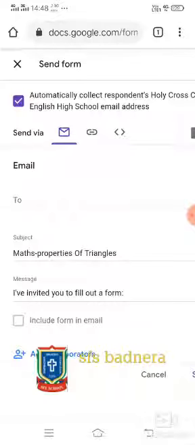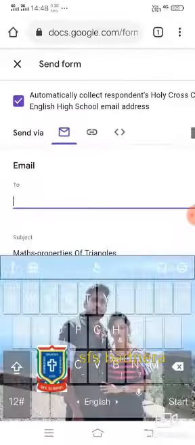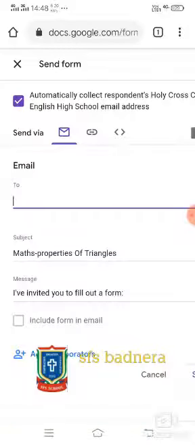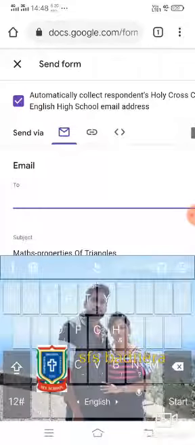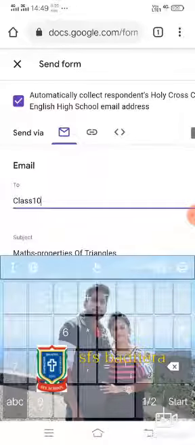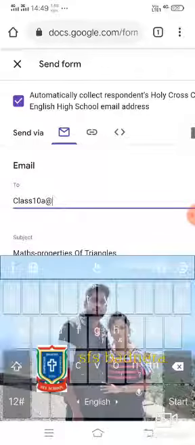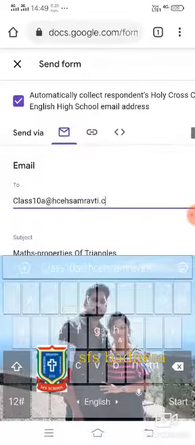You may have got your own class ID, okay, your class email ID, so you can simply click on the class email ID. Okay, and once you are sending it to your class, say you may have class 10A @Holy Cross English High School Amravati.com.